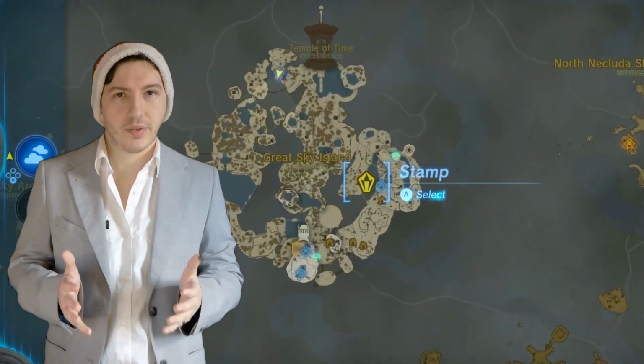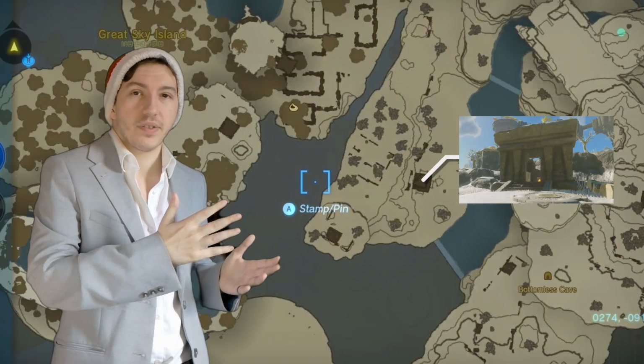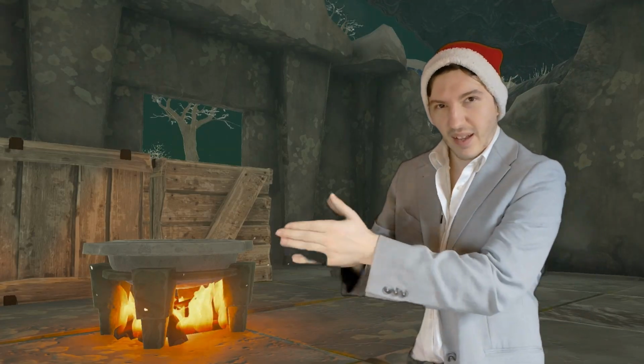Now, the second place that we're going to visit are these snowy ruins that I found on the western side of the Great Sky Island. One thing that already stands out to me here is the snowy vibe of the whole place. As well as in the center of this little ruin, there is a little fire that you can warm your